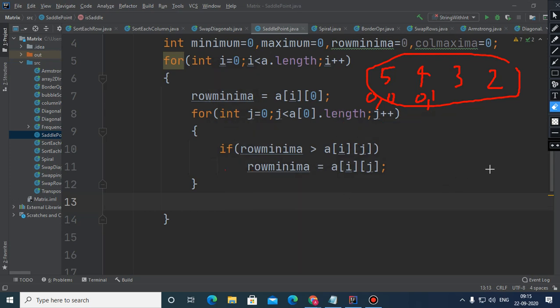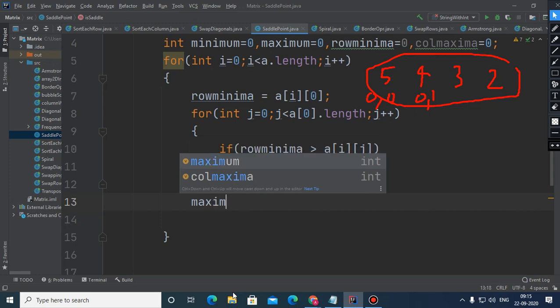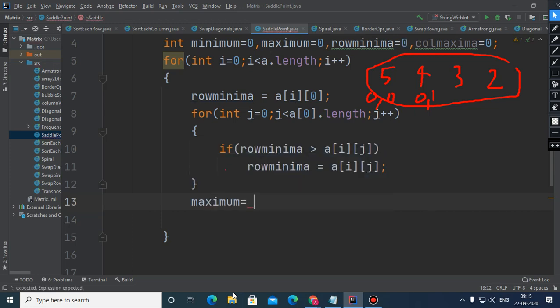When this loop terminates and control comes here, the maximum will be row minima only when the value of i was 0, right?